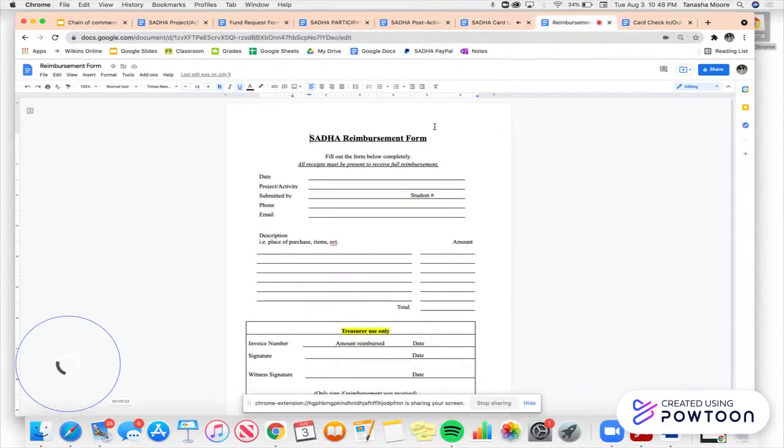If for some reason you do use your own money, there's a reimbursement form. This will be done